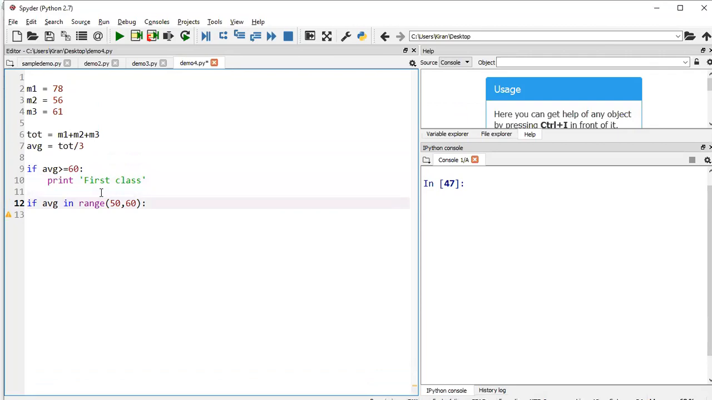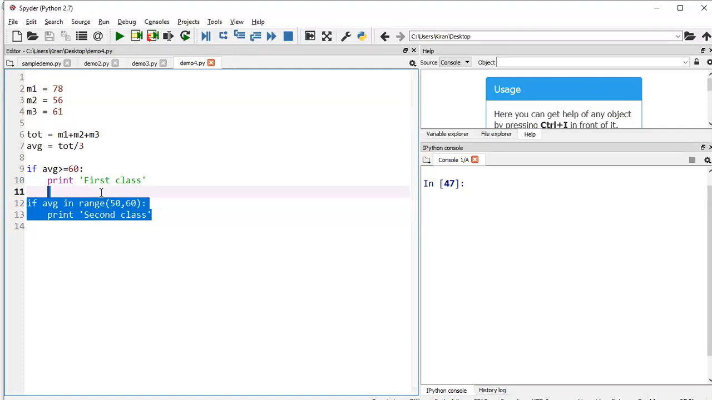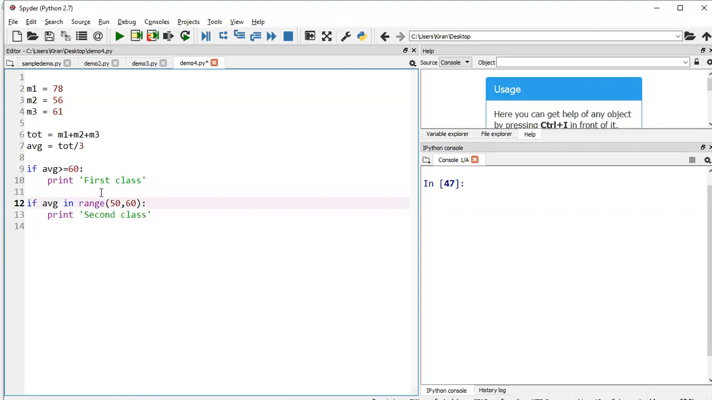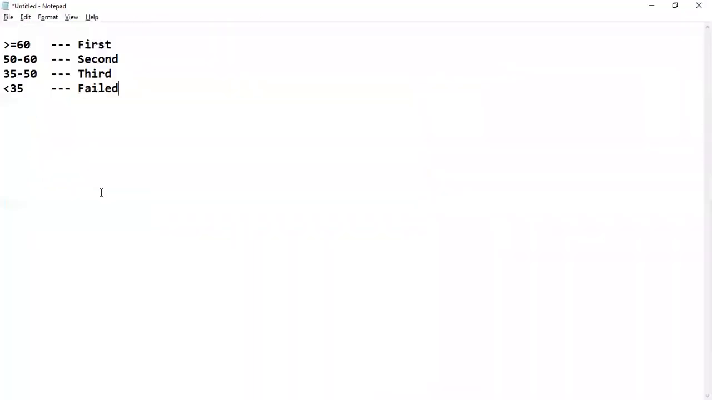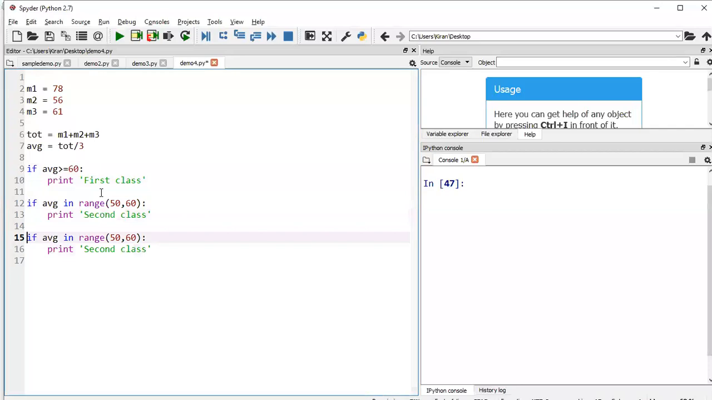We can print second class. Just now I told you, right? If it is in the range of 50, yes. At the same time, I will check one more if condition. What is that? Third condition, 35 to 50. If it is in the range of 35 to 50,